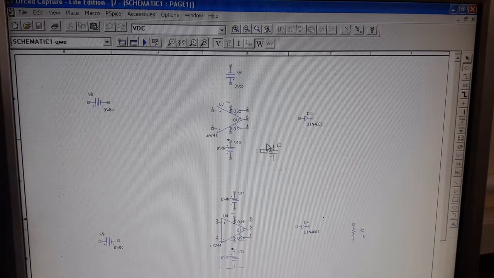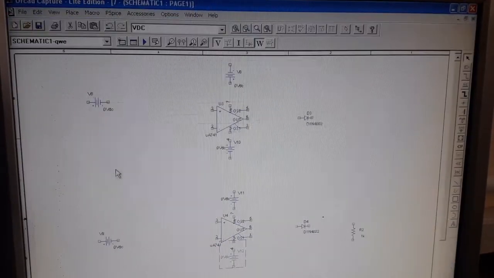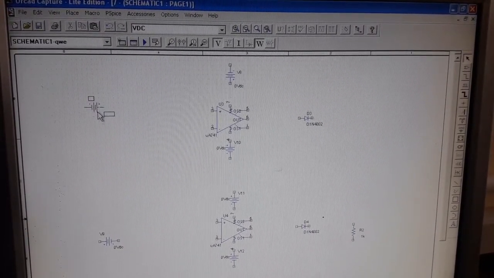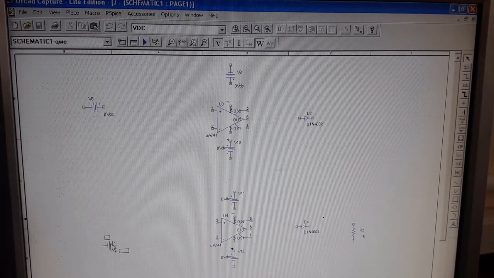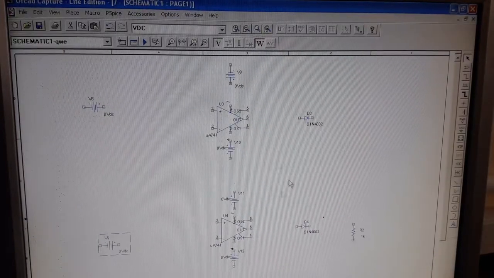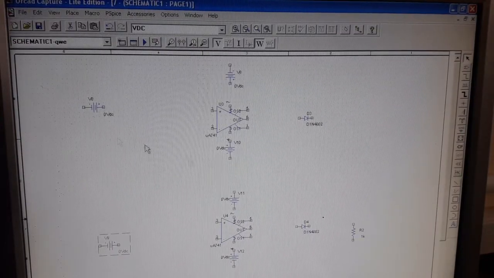Two, and then minus, plus. Make sure to rotate this resistor, and then here one, and here also the same minus, plus. Press R to rotate, and it should be connected to the second pin of the lower comparator. Okay, all 6 VDCs, that is the reference voltages, are placed here.